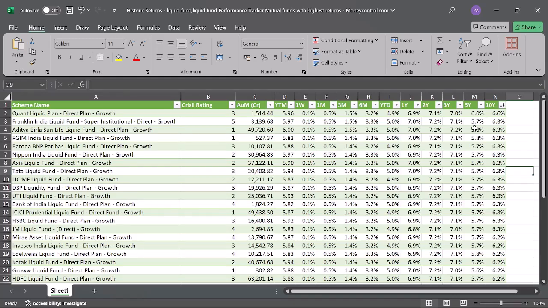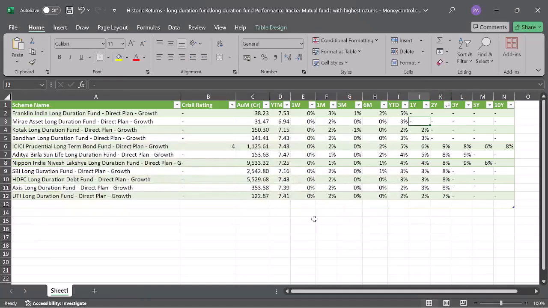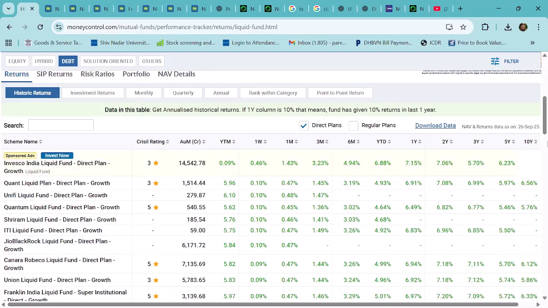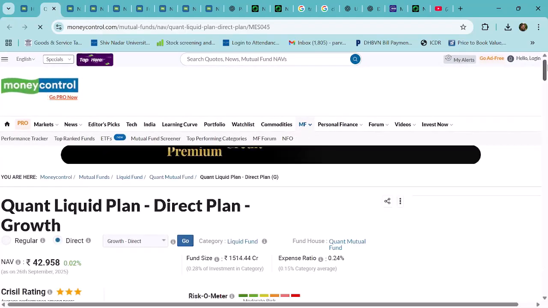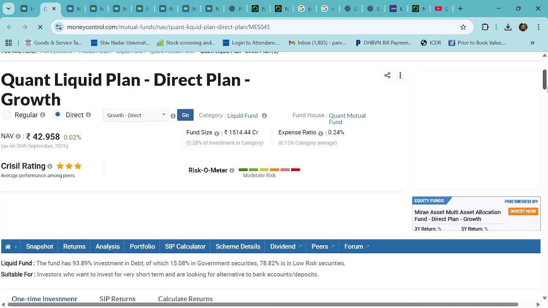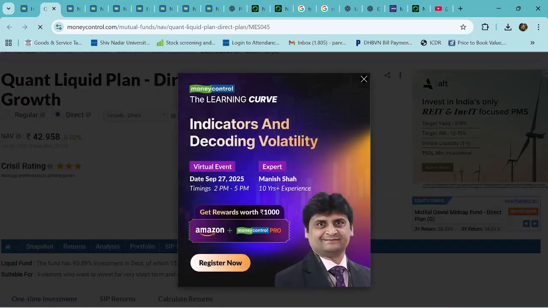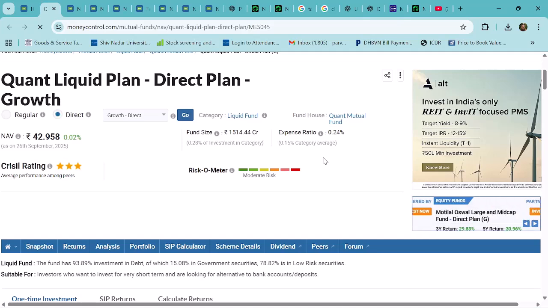Okay, fine. So it's called a liquid fund, where they're going to invest your money into certain categories, which we'll talk about in the next class. But maybe I'll just cover this. Let's see, 1 year. So Quant Liquid Fund. Let's see if we can have something. So basically it's a direct fund. What is the fund size? 1,514 crore. That means almost 1,500 crores has been invested here.